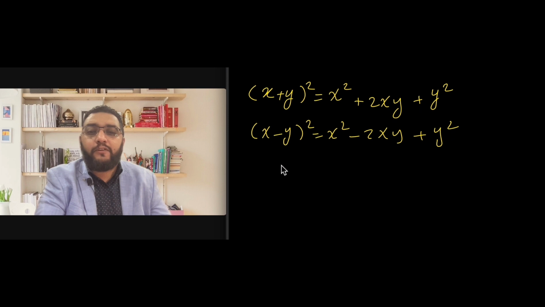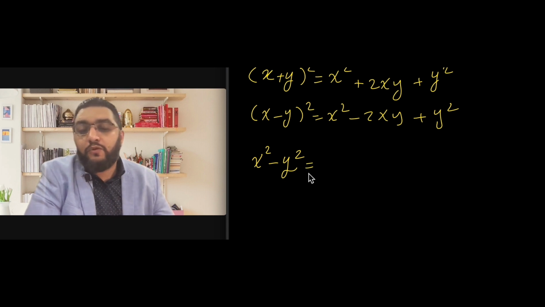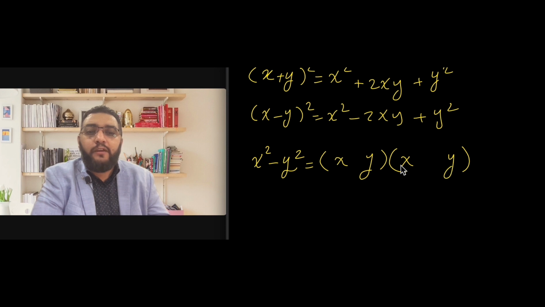This is the perfect square. But we have something which is called the difference between two squares, like x squared minus y squared. This will be two brackets. Take the square root of the first, it will be x and x. The second also, it will be y and y. Negative,